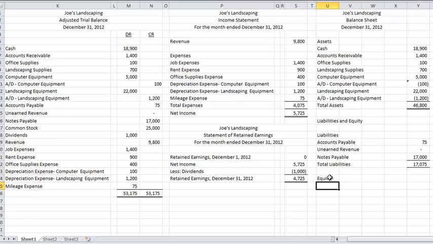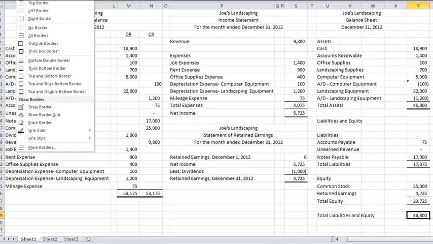And then my equity, what do I have for equity? Well, I've got common stock, okay. Let's total that up. And remember, my total liabilities and my total equity have to equal my total assets. So I'm going to take total liabilities plus total equity. That's not right. I'm missing something. What I'm missing is my retained earnings. Now, there's no balance on the trial balance, but I do have a balance. Notice it says retained earnings December 31, 2012. This is the balance I have to put in there. Okay, so now I'm showing all my equity, and now my total liabilities and total equity match